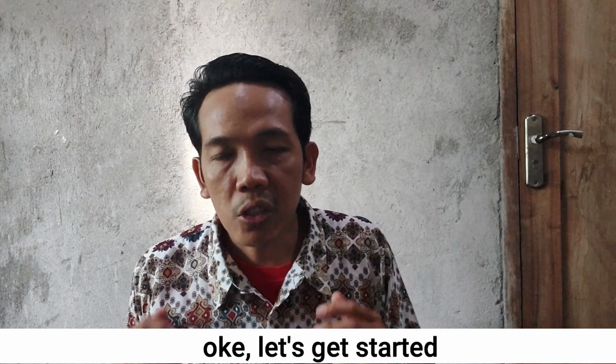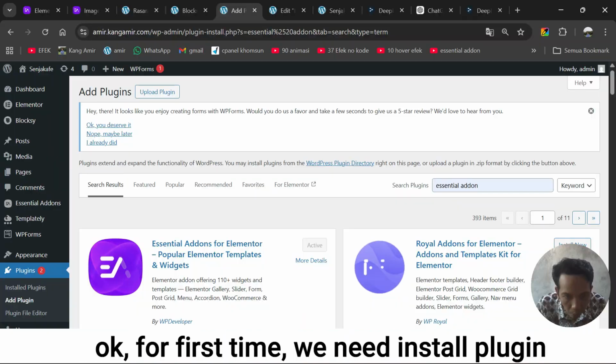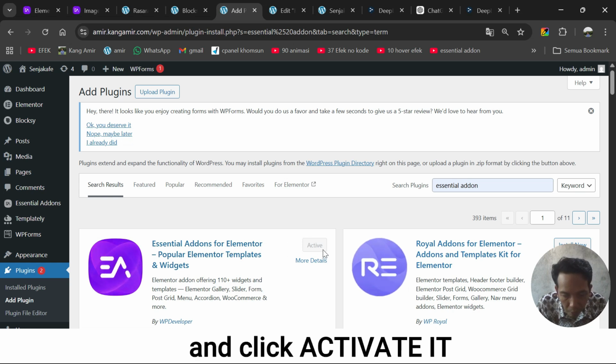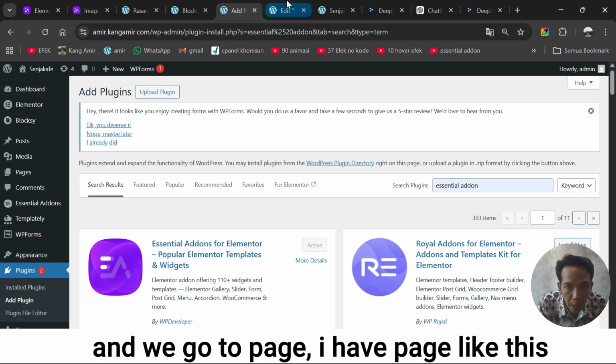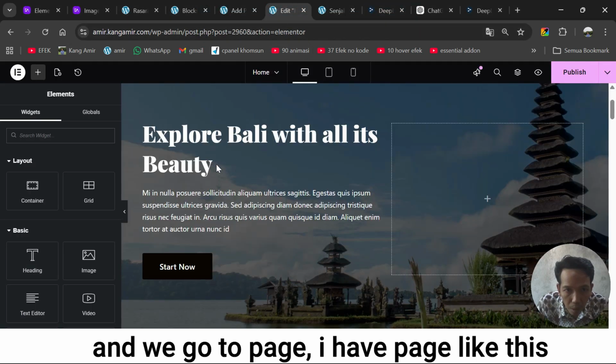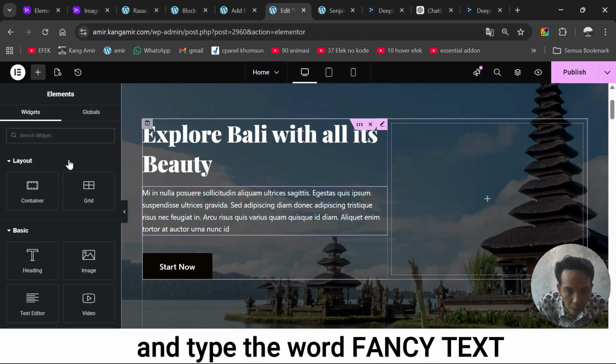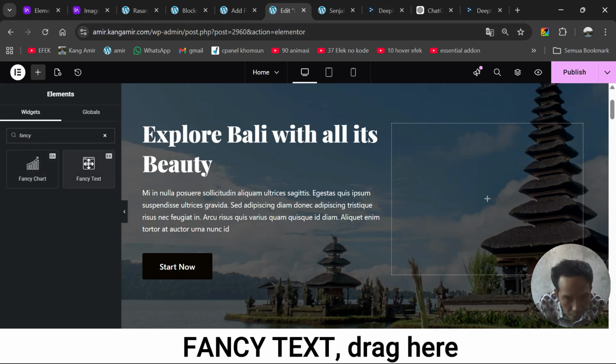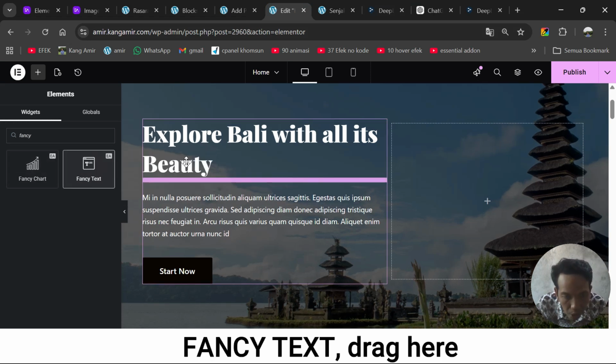Okay, let's get started. For the first time, we need to install the plugin Essential Addons for Elementor and click activate it. And we go to page. I have a page like this and type the word fancy text, drag here